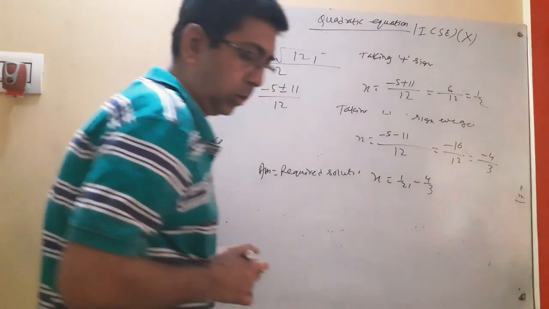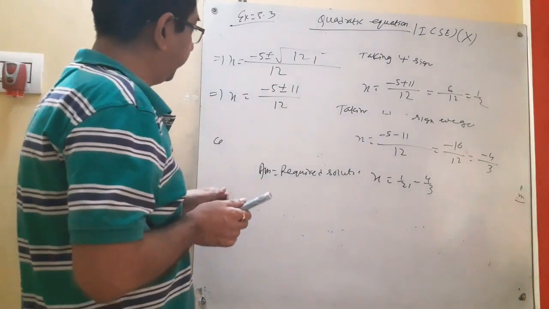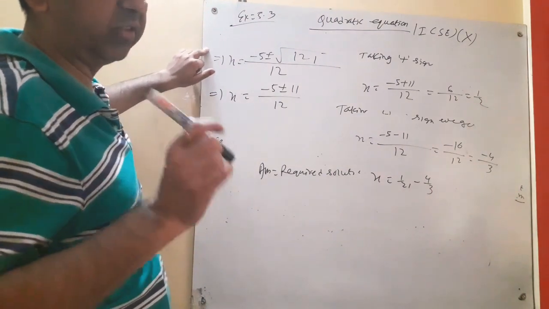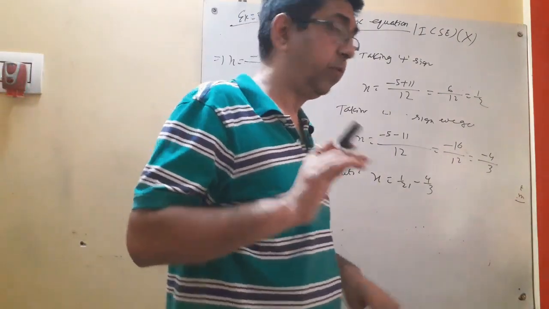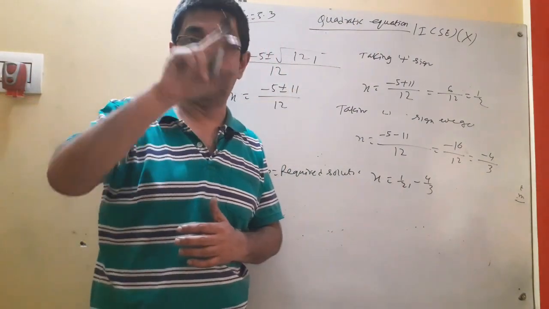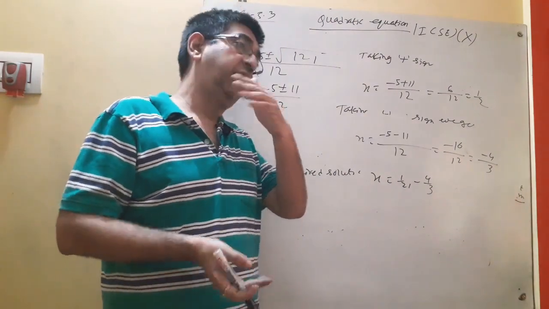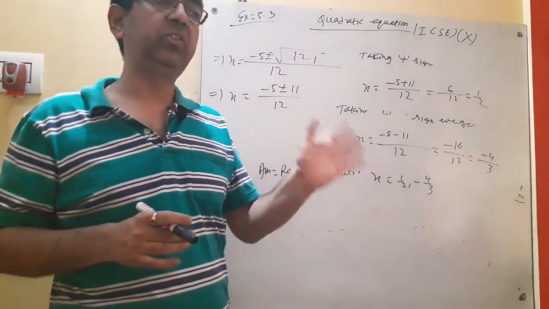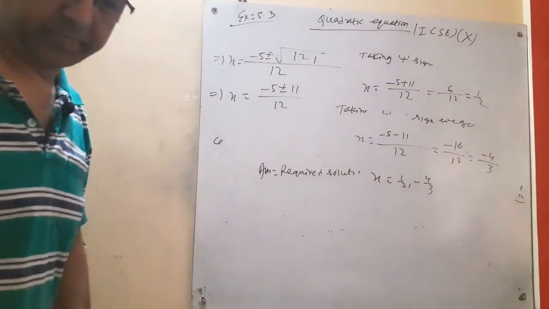In this way we will apply. One thing: before writing this, most probably we did not write applying Sridhar Acharya formula, okay? Whenever you are applying x equal to minus b plus minus root of b square minus 4ac by 2a, before that you should write applying the formula. By applying Sridhar Acharya formula we get, then we go for x equal to, right?